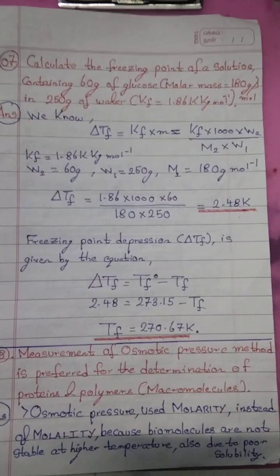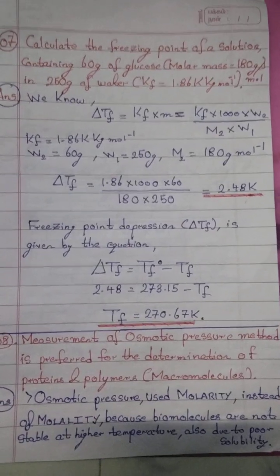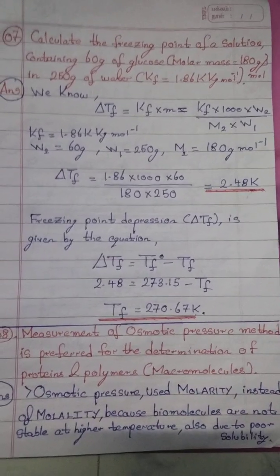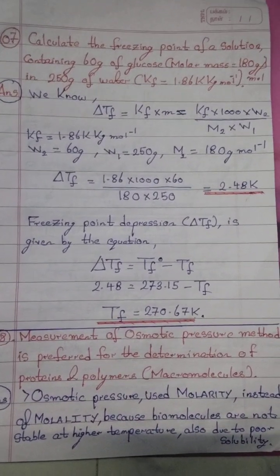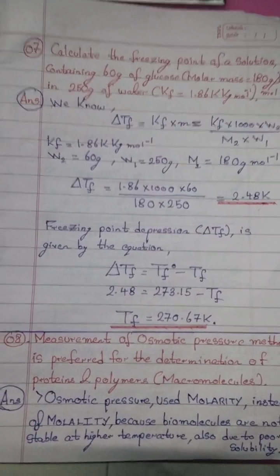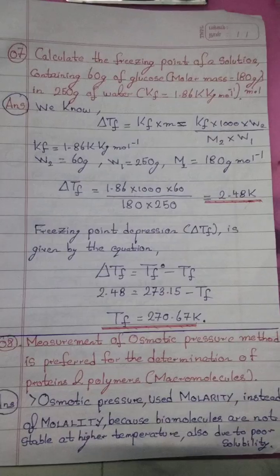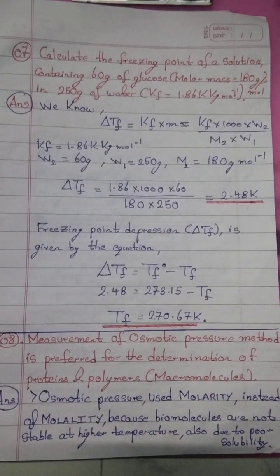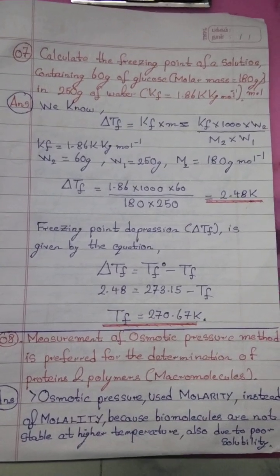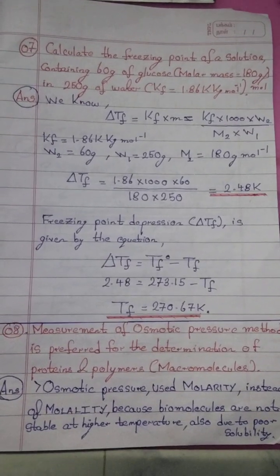We know the formula delta Tf equal to Kf into m. Delta Tf stands for depression of freezing point, Kf is the cryoscopic constant, that is the freezing point constant, and m is the molality. Substitution of data into the formula: Kf is 1.86, W2 is 60, W1 is 250 gram, M2, that is the molar mass of glucose, is 180 gram per mole. So delta Tf equal to Kf 1.86 into 1000 into 60 divided by 180 into 250, we